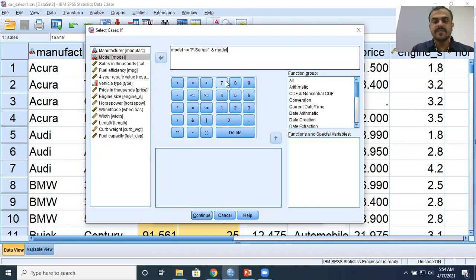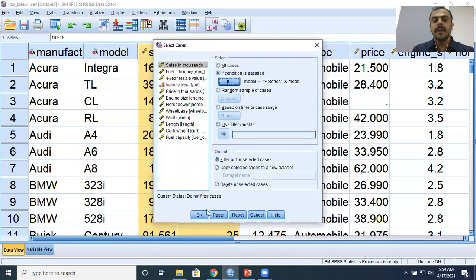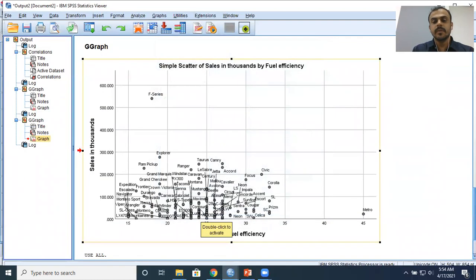If the data is not F-Series and the data is not, since the second value that you want to type is Metro, right? Remember, M is in caps. SPSS is very, very case sensitive. So we have to watch out for the spelling here. If there is one single mistake, SPSS will not give us the right answer, right? So let me just make sure that I've entered everything correctly. F-Series and Metro. So these two cases I want to eliminate. So just click on continue, right? Remove this and choose the option, okay, right?